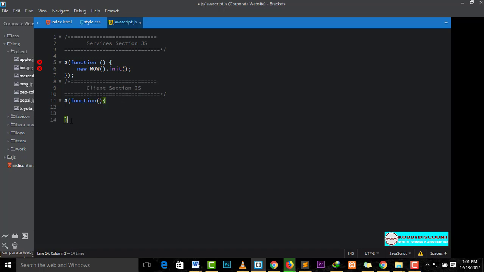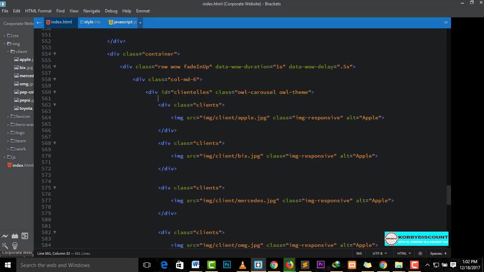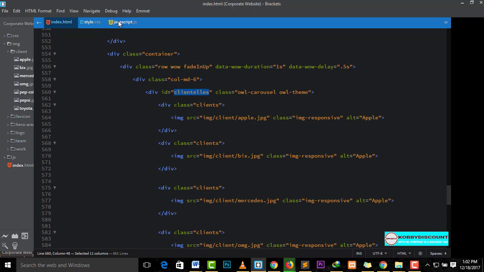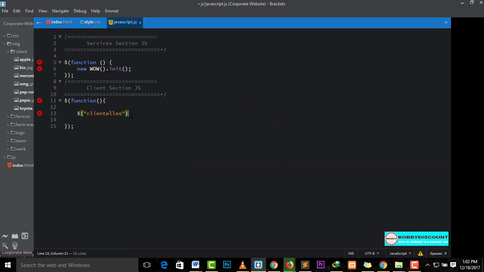And then now in between this is where your code will be. So this name, the client house here, copy this, and then you paste it here, and then you add all carousel to it. You bring your necessary bracket,